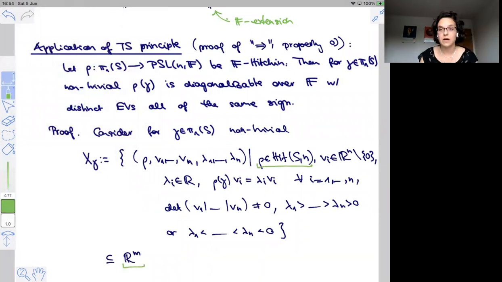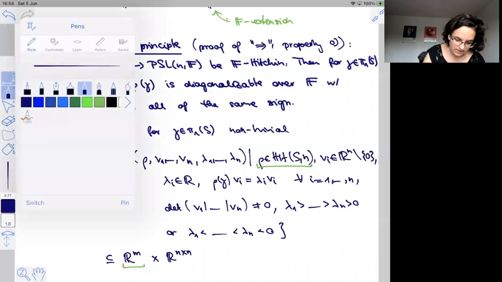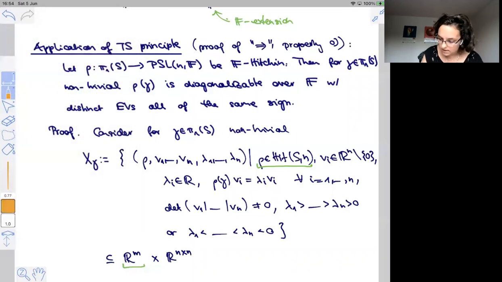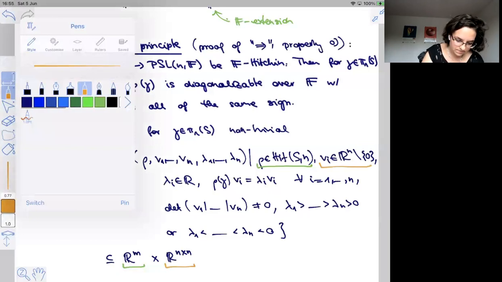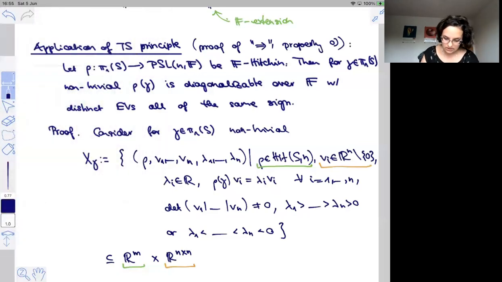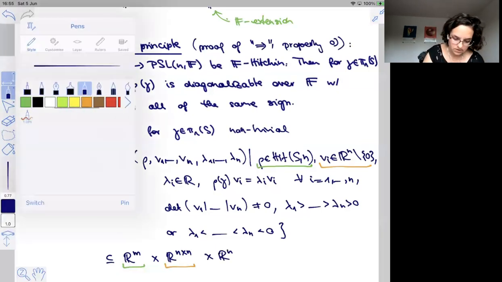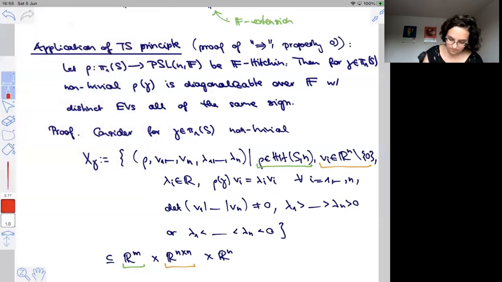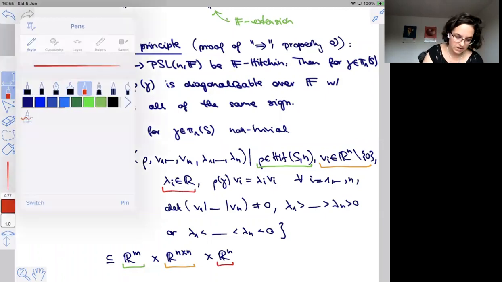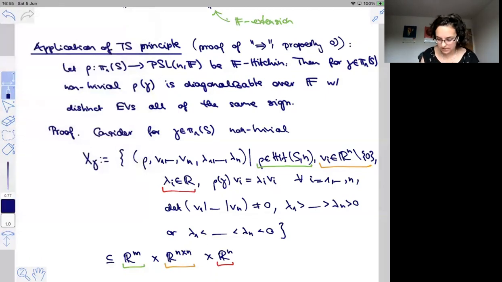So it is a semi-algebraic subset of R to the m times R to the n times n, since I take n vectors in R to the n, and then times another R to the n for the scalars, the lambda i in R. And this is semi-algebraic, since the Hitchin component is semi-algebraic,